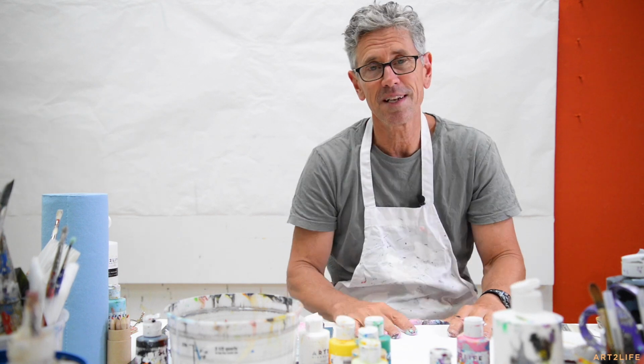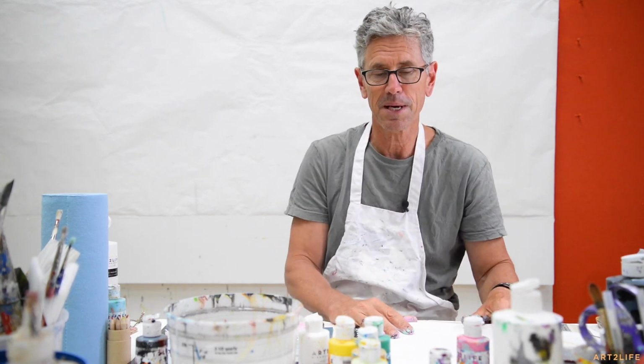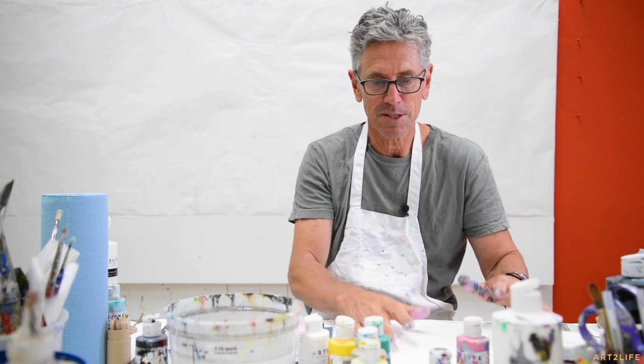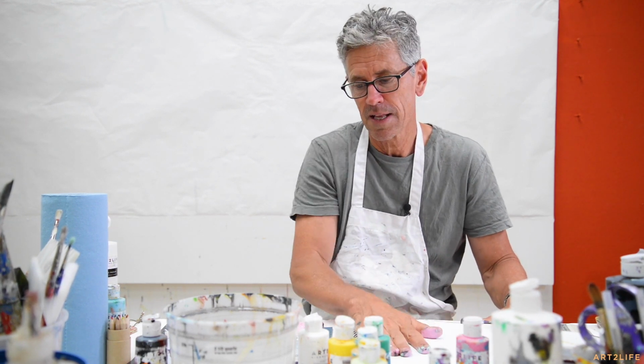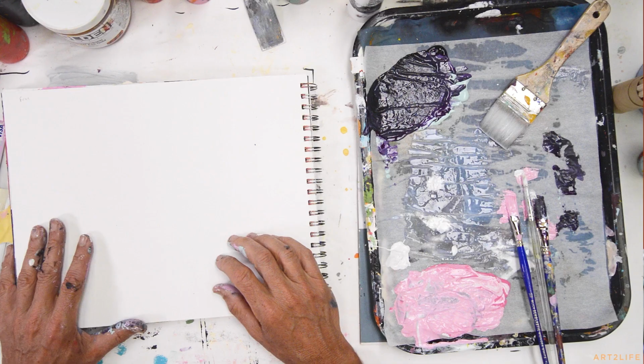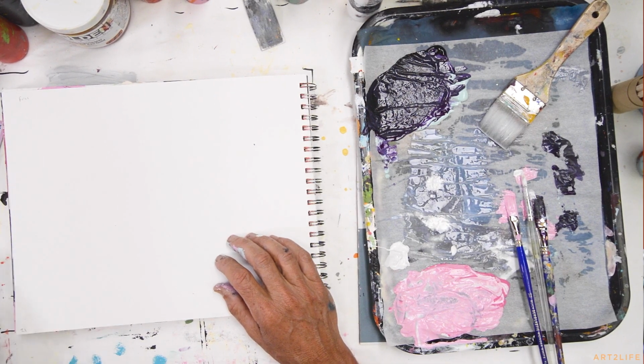And probably you've seen a lot of these, but I don't know, sometimes you've noticed something or learned something seeing how someone's using their materials. I'm using acrylic paint today, and I'm working in this sketchbook. So here, check it out. Okay, so one of the tools I use a lot